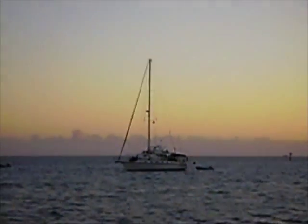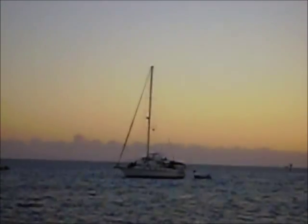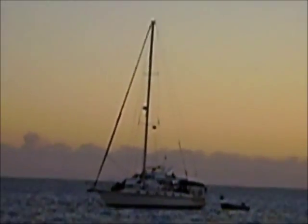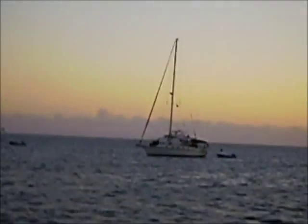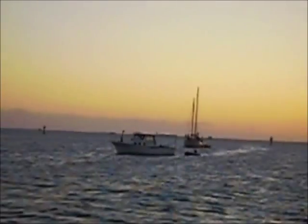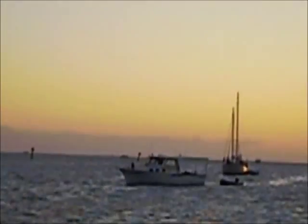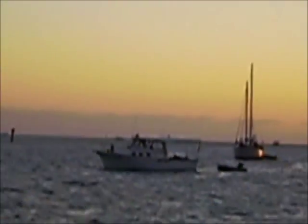A couple of them had a hard time anchoring. This sailboat, I don't know if you can see right behind it, I'll try to zoom a little bit, the superstructure of a big old cabin cruiser back there. He tried for like an hour to anchor. He tried all over the place. Finally got his hook down. This little motor boat here, this Albin, I think Bonnie and I saw him in Key West Harbor a couple of nights ago. He looks like a guy that came in and anchored kind of in front of us. We didn't speak to him, but...